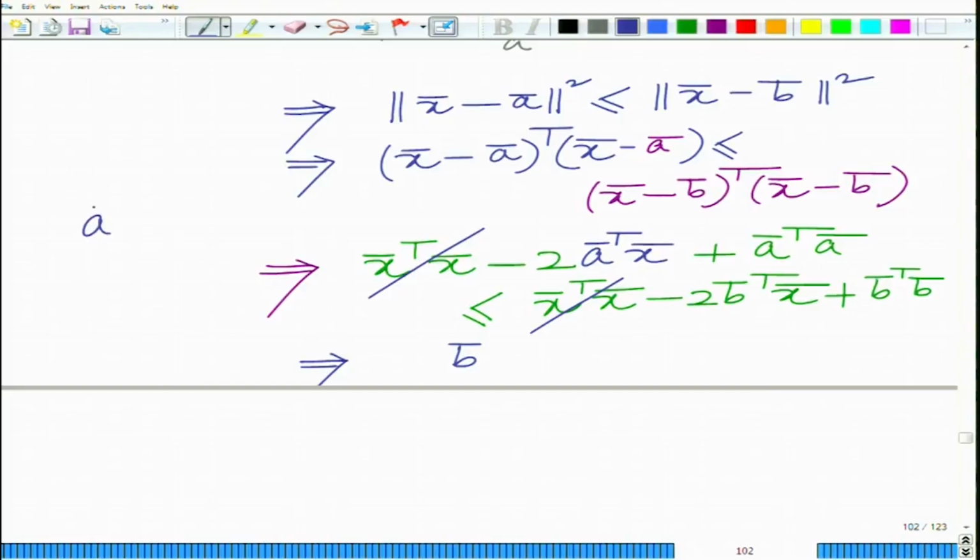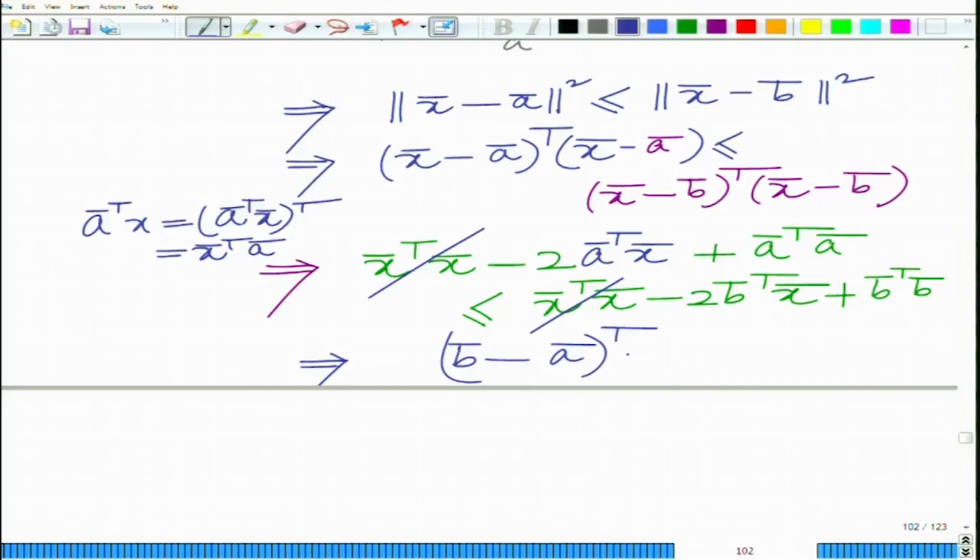Note that a bar transpose x bar equals, because it is a number, a bar transpose x bar transpose, which is equal to x bar transpose a bar, because it is a scalar quantity. So, this implies b bar minus a bar transpose times x bar is less than or equal to b bar transpose b bar, that is norm b bar square, or there is a factor of 2 here, minus norm a bar square